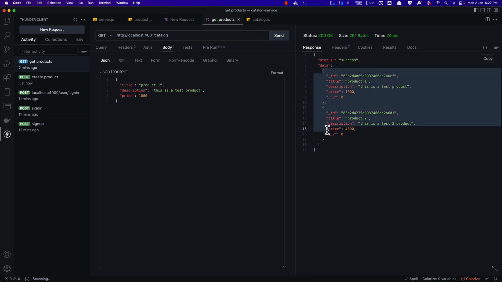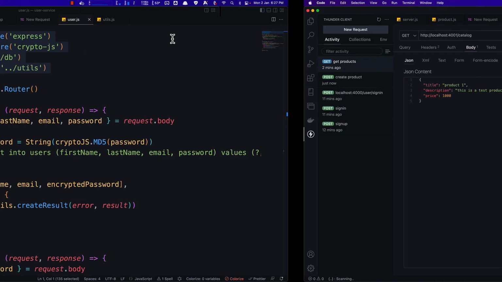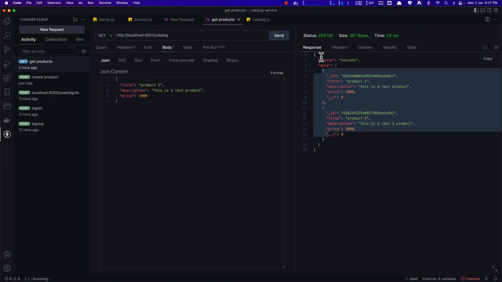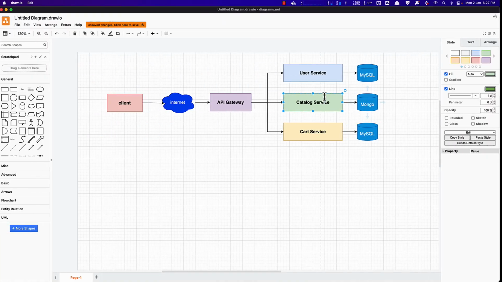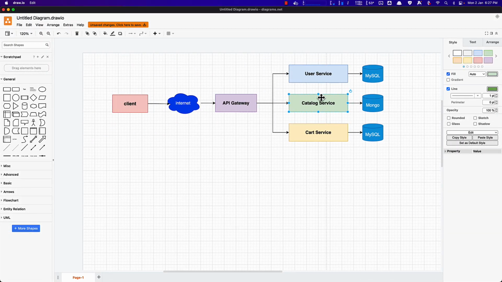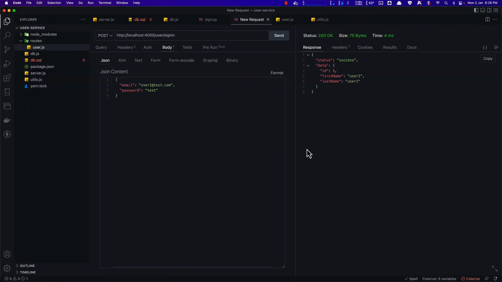Great. So you see that I'm getting my user data. If I sign in and sign up, both of them are working fine. So I can see that here, and at the same time I'm getting the data for all the products there. So it seems like our user service is done and the catalog service is also done. Similarly, you can have as many services as you want. Now to just finish it off very quickly,